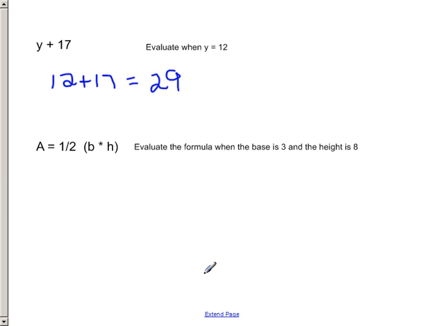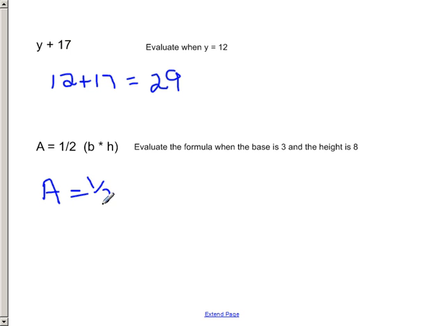I can also evaluate formulas. In this case, I have a formula for the area of a triangle, which is 1/2 base times height, or 1/2 length times width, and it tells me to evaluate the formula when the base is 3 and the height is 8. So again, the area is going to be